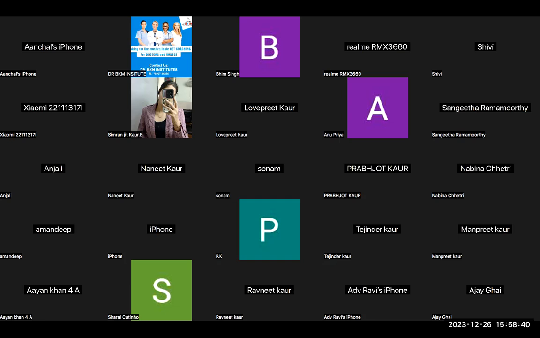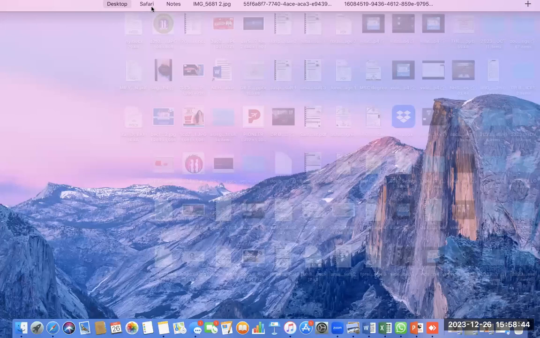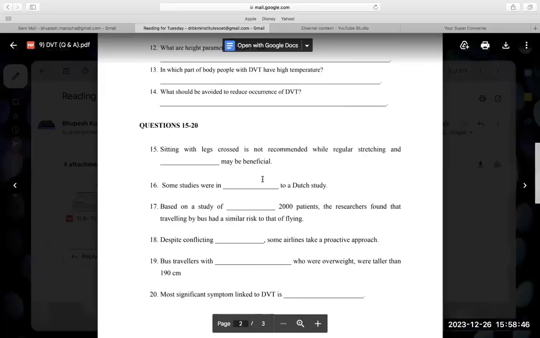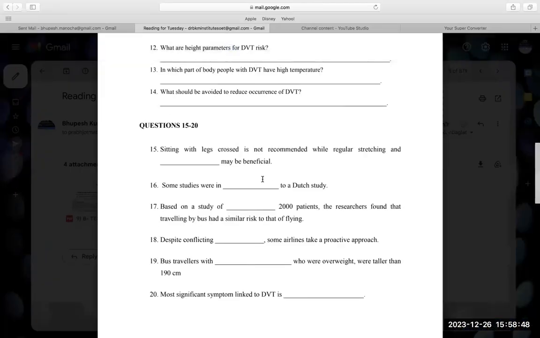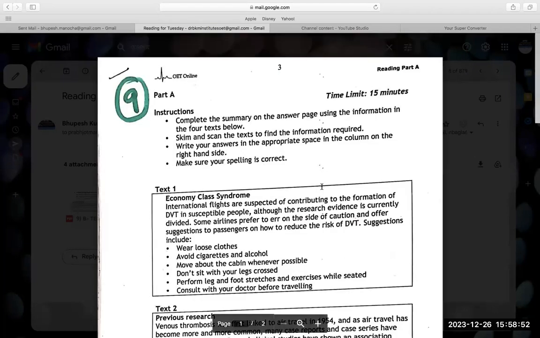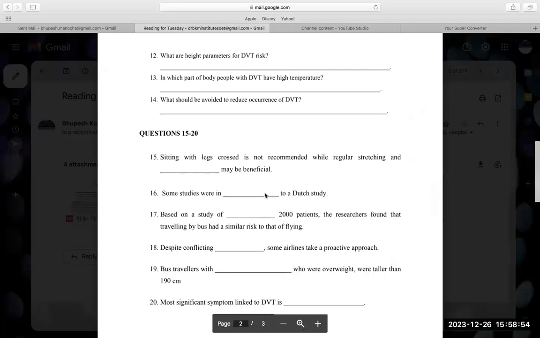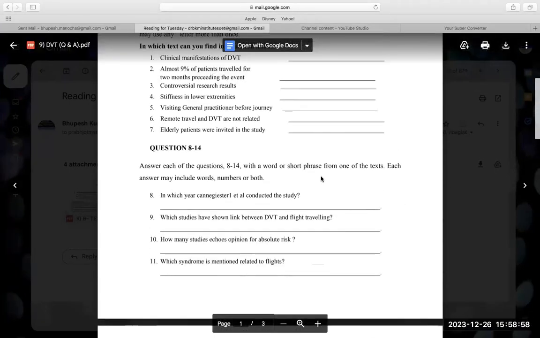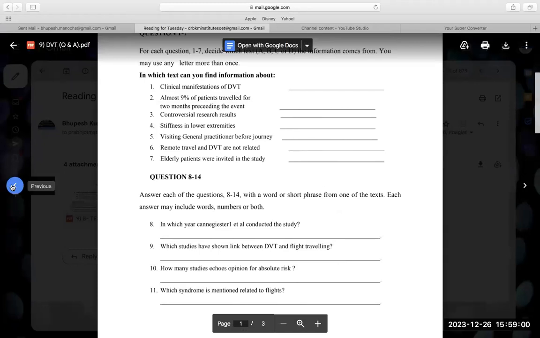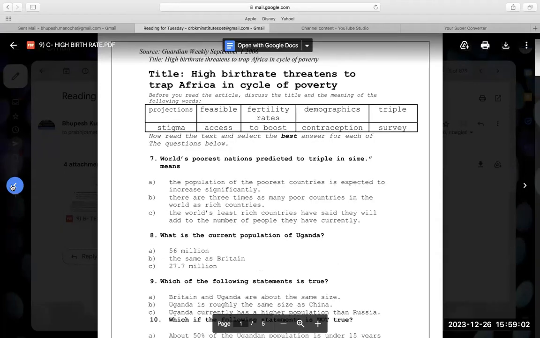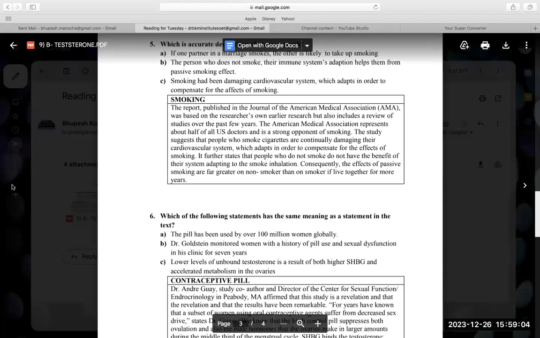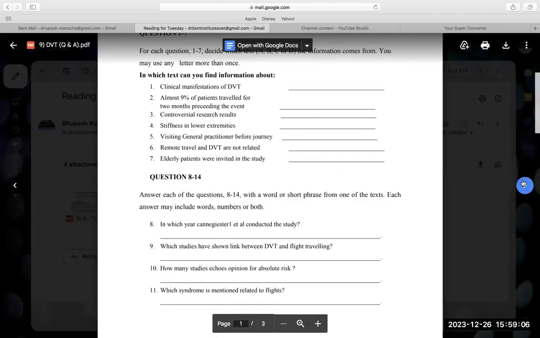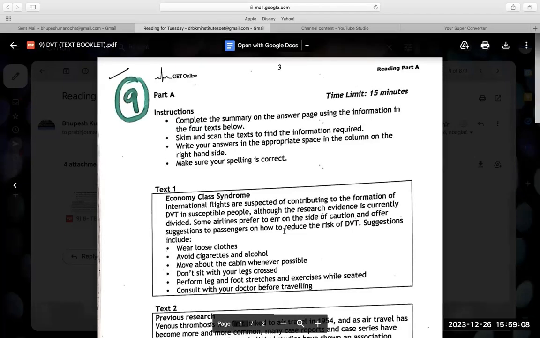Today we are going to discuss reading part A. You have asked me to do questions 15 to 20, and I totally understand. But what my method is, or the best method for OET, is first to find where in reading part A that thing has been given. So even if somebody asks me to do questions 15 to 20,